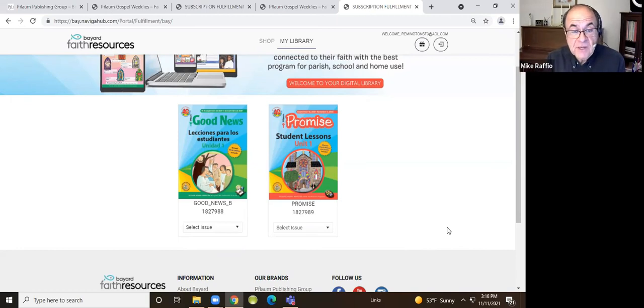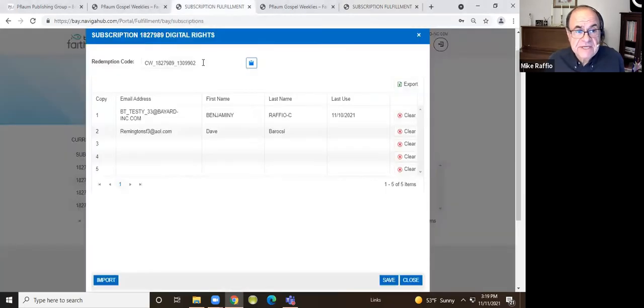The first method was giving him a code. He redeemed the code. The second method was we entered his email address onto our class list, let's call it. And when he came back to his page, he now has access to both of the editions for Good News and Promise. Let's go back to the fulfillment page one second, Dave, here.